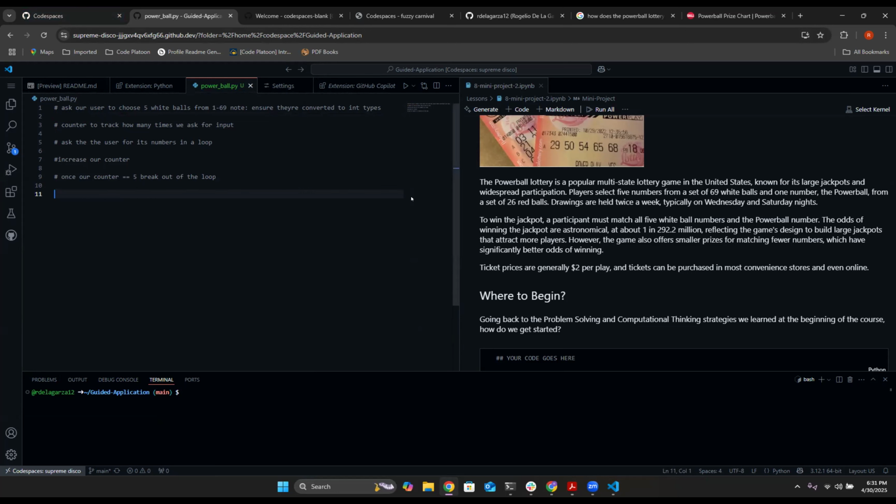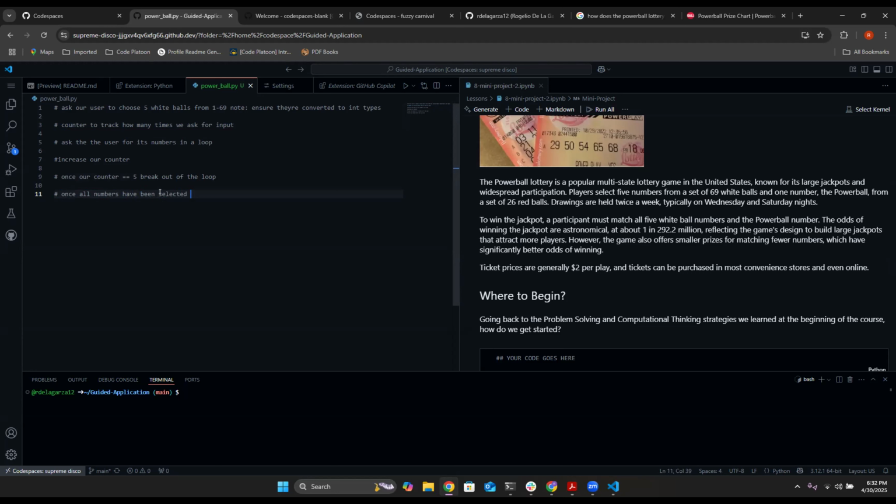Once we get our 5 white balls, we're gonna want a red ball. So maybe you can manually ask for the red ball, or you can probably add a statement to here to choose that depending on what range your counter is, you ask 1 input. If the counter is equal to 6, you're asking for the red ball. So you give it another type of input. So, you guys use your creativity here. And then, once all numbers have been